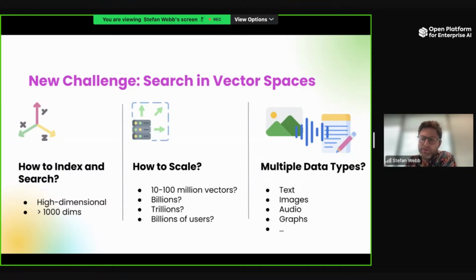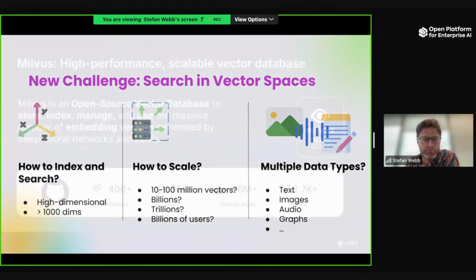As a practical example, you'd typically have tens to hundreds of millions of these vectors. But in other applications, you could have 10 to 100 billion vectors, or even trillions of these vectors if you're building something at web scale, like semantic search on the web. And the third challenge is, how can we work across different types of what are called modalities, so different types of data? How can we relate the meaning of text to images, or images to audio, and so on?